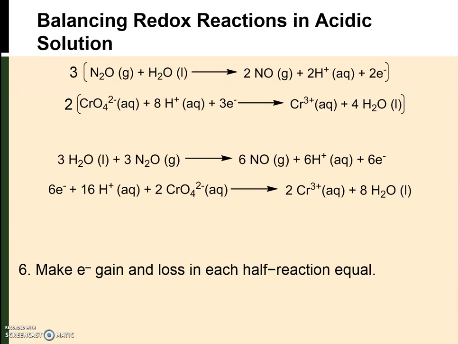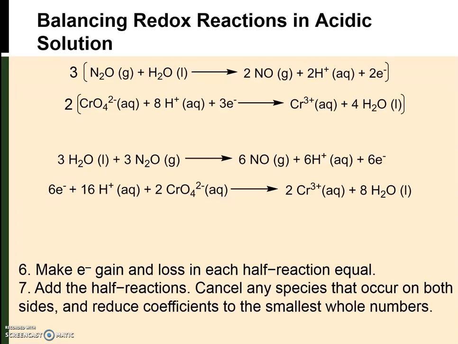So now we have two equations where we have an equal number of electrons transferred in each, and so now we want to add the two together to give the overall balanced equation. And when we do this, we want to cancel any species that are present on both sides of the reaction. So we know that there are 6 electrons transferred on each side of the reaction, so the electrons will cancel. We then can see that there are protons on each side of the reaction, so the 6 protons in the